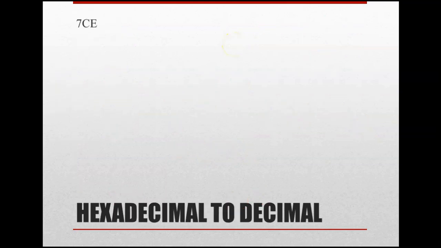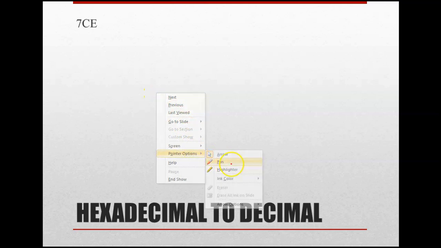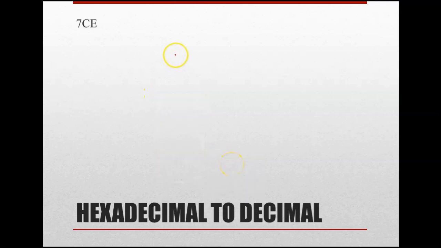Now go for the next example. This time we have a hexadecimal number, and we have to convert it into decimal form. So the same thing only. What you will do, you will start with 16 to the power 0, and if any fractional part is there, then 16 to the power minus 1, 16 to the power minus 2, minus 3. Okay, so this is 16 to the power 0, 16 to the power 1, and then 16 to the power 2. So well, at that time you can mention C E with the values.